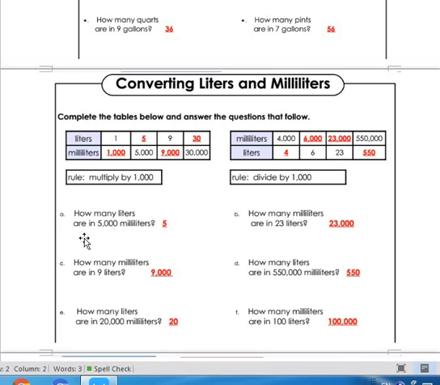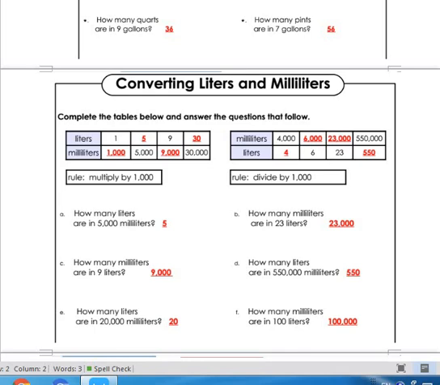How many liters are in 5000 milliliters? What should I do here? 5000, search in the table. 5000 milliliters, how many liters? 5. I divide. Here I'm converting from the smaller unit to the larger unit. Do you remember, the smaller unit can't multiply, ever? So we're going to divide this by 1000,